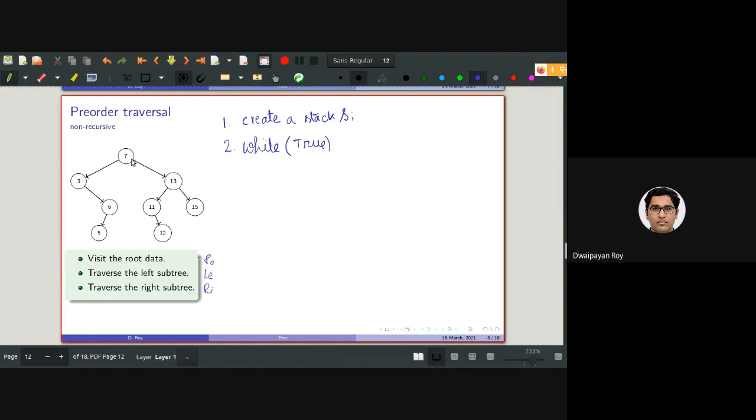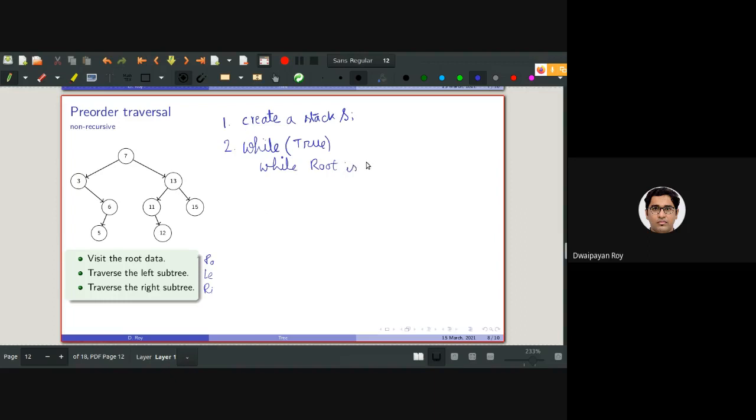Now what we need to do is, visit the root data, then traverse or process the left subtree, then traverse or process the right subtree. So first we need to check, in this function the root will be passed, whether root is null or not.